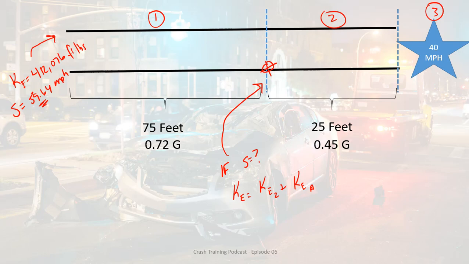So that's another reason you may want to consider doing kinetic energy as opposed to combined speed. It is extremely easy for me to look at this and tell somebody, hey, the car came in at 59.64 miles an hour, and he had 412,076 foot-pounds of energy. He slid for 75 feet, and that took up